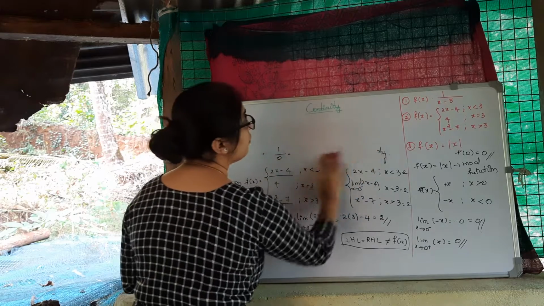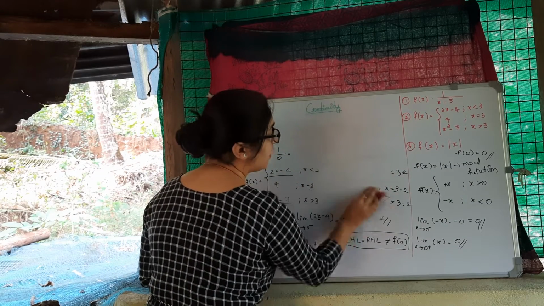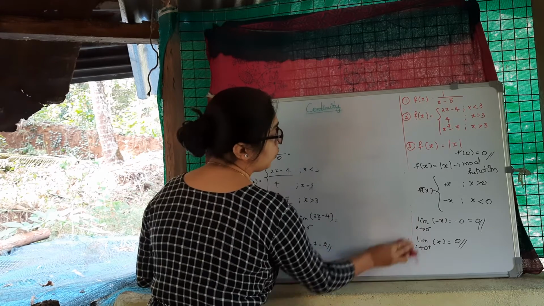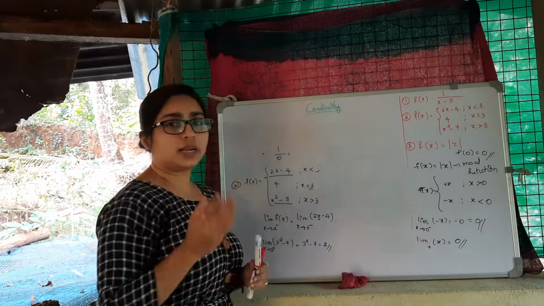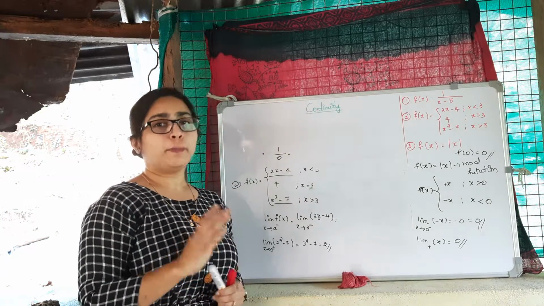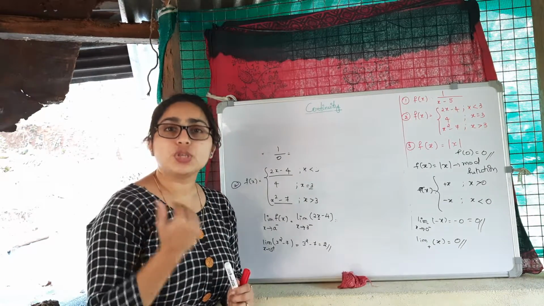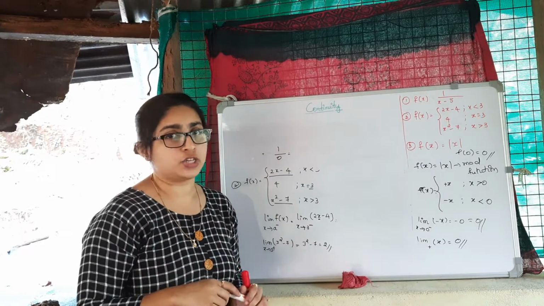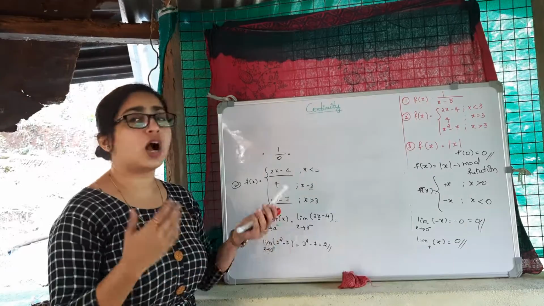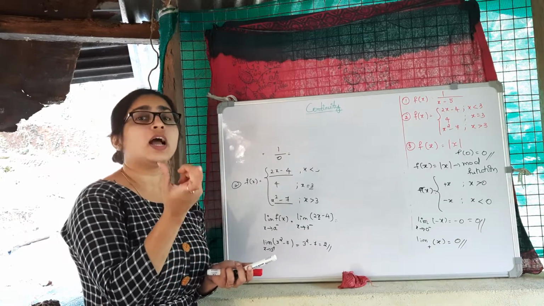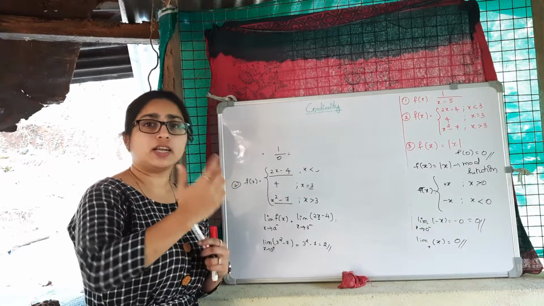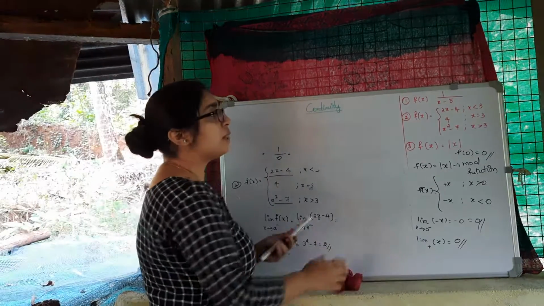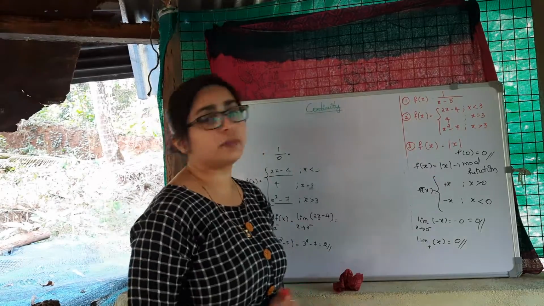Remember, a rational function is continuous everywhere except at a point where the denominator is equal to 0. And we studied the 3 types of discontinuity: point or removable discontinuity, jump or step discontinuity, and essential or infinite discontinuity. We also studied how to make a point discontinuity function continuous, by redefining the function. And we took 3 examples and understood that the mod function will be continuous.